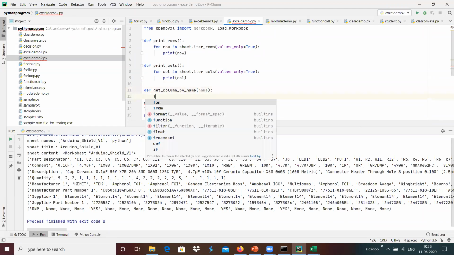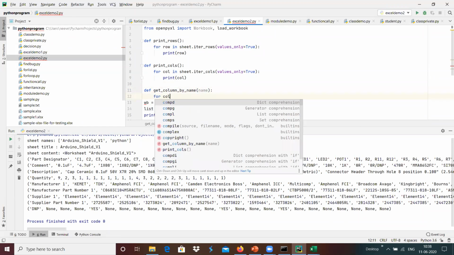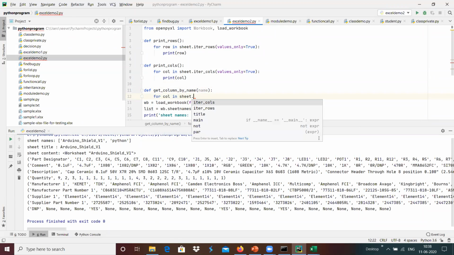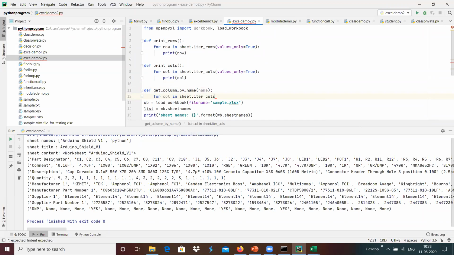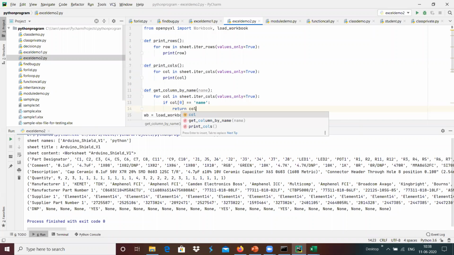And for column in sheet dot iter columns, values only equals true, and I'm going to check if column of 0 equals name, then I'm going to return that particular column from here.